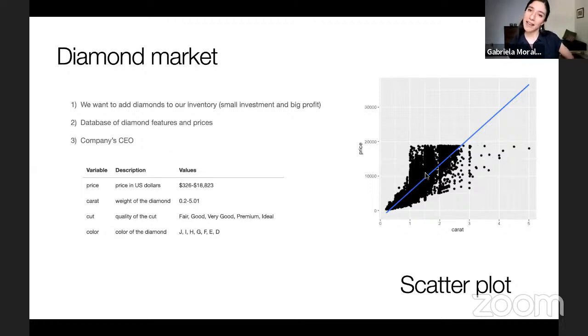Yeah, so you have all these points, each one belonging to a single diamond and its price. This line is a regression line, which shows you the general trend. It is the line that adjusts best to the data we have. So if you wanted to say what the behavior of price versus carat is, you can say as carat increases, price increases. And this is a very obvious positive slope. But this graph is kind of ugly.